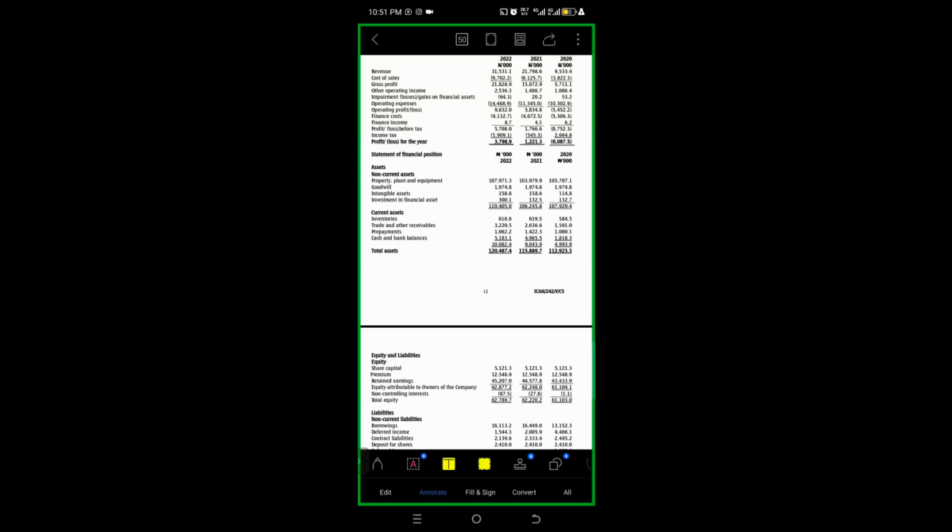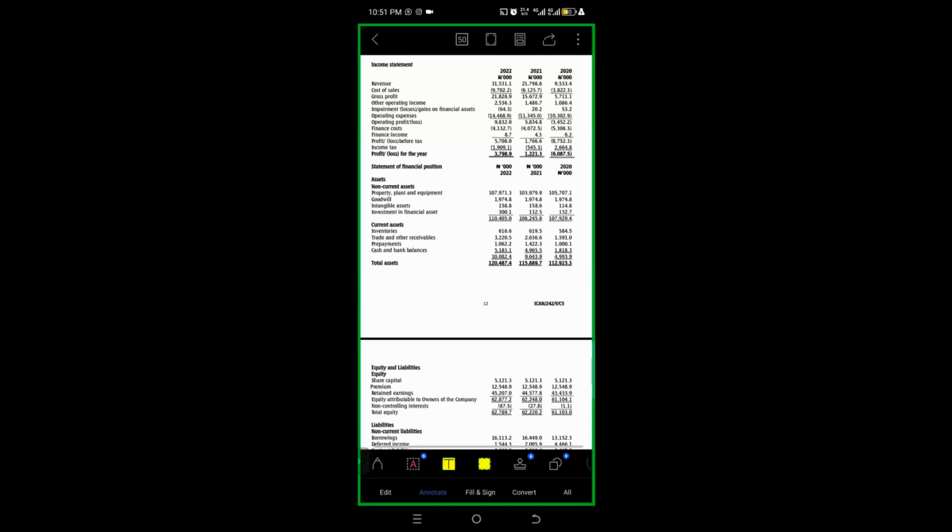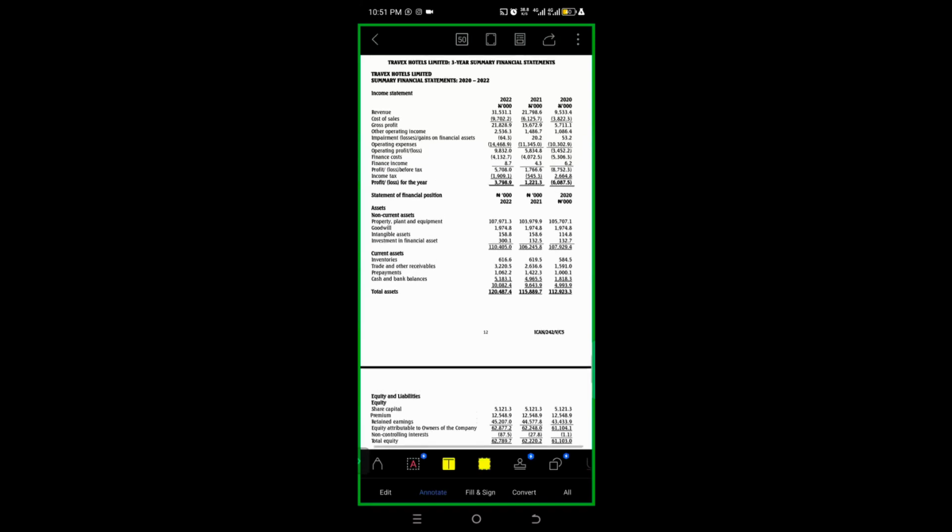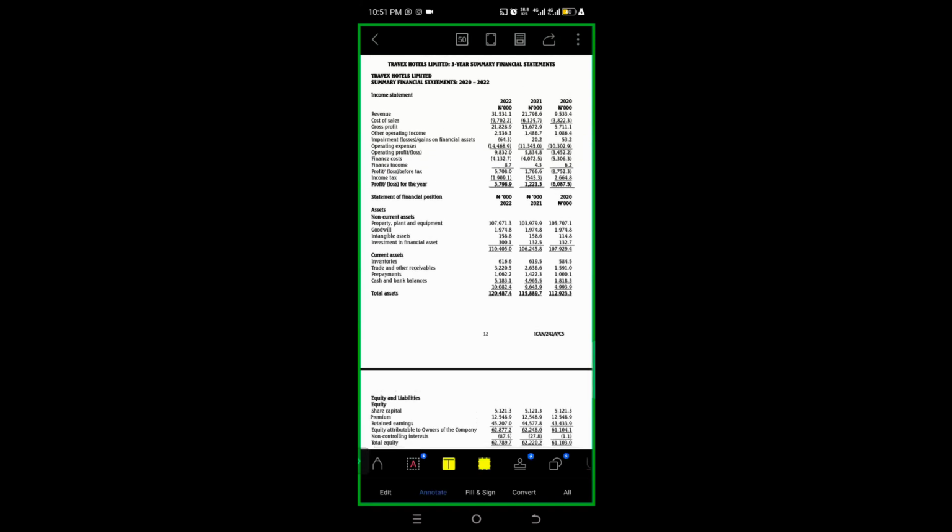Okay, that's understandable. And second, the goodwill: if you notice from 2020 to 2022, the goodwill has been constant. I mean, it has been the same figure. And I believe goodwill should be tested for impairment on a yearly basis. Impairment, yes. But it has been constant. So is there anything we have to look at going forward?